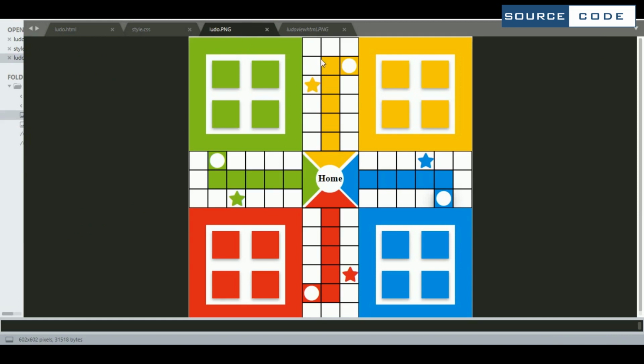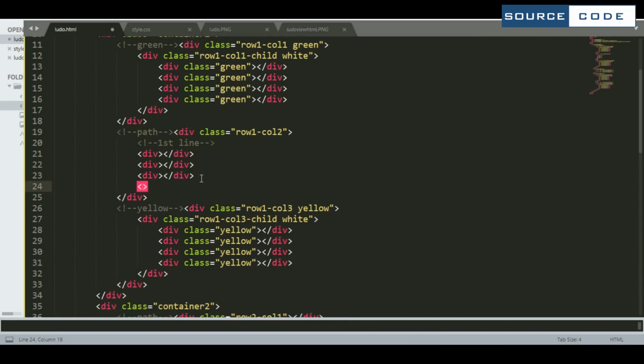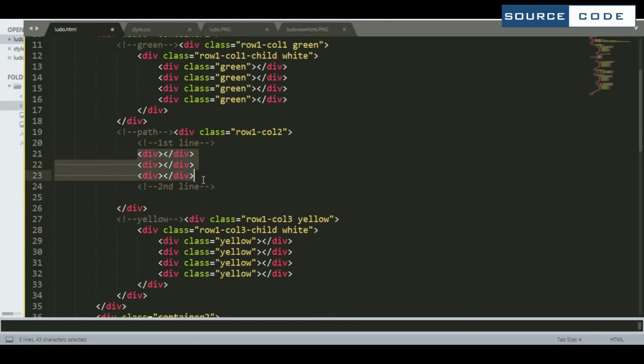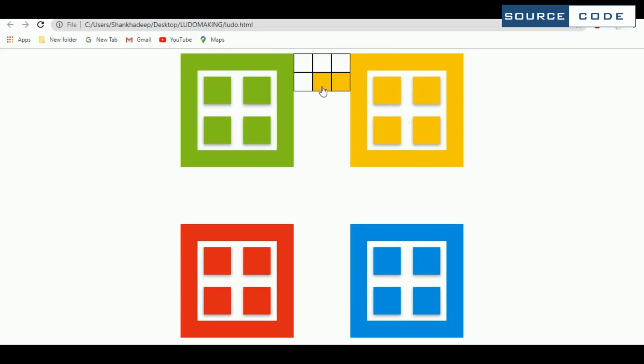So if you see here we are having three boxes, but in those three boxes we are having two boxes of yellow color. So we have to set the class as yellow. So what I'm going to do is make the second line. Now copy these three. So for the last two divs, you just need to add a class that is yellow. Now come to the output, how it is coming. So if you see, we have got two yellow boxes. So similarly for the other one also.